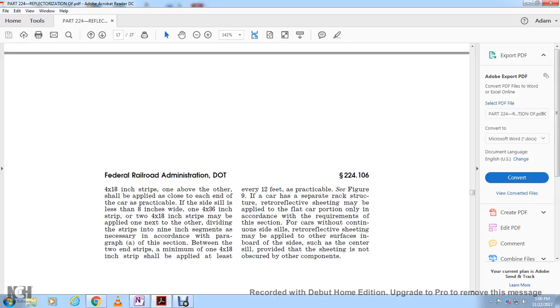If there is a side sill less than 8 inches wide, 1 4/8 inch strips, two 4/8 inch strips may be applied one next to the other, dividing the strips into segments as necessary according to the paragraph of this section. Between the 2 inch strips, a minimum of 1 4/8 inch strip shall be applied at least every 12 feet as practical. See figure 9. If the car has a separate rack structure, the retroreflective sheeting may be applied